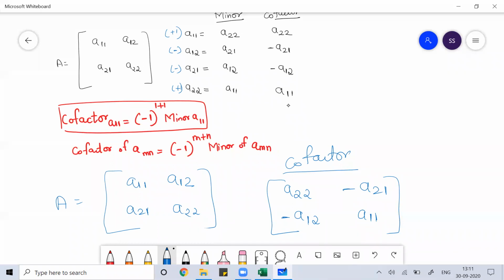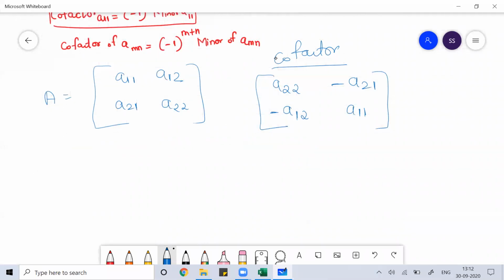So for each element I have written their cofactor. This is the way we determine the cofactor. Once you determine the cofactor, then the matrix